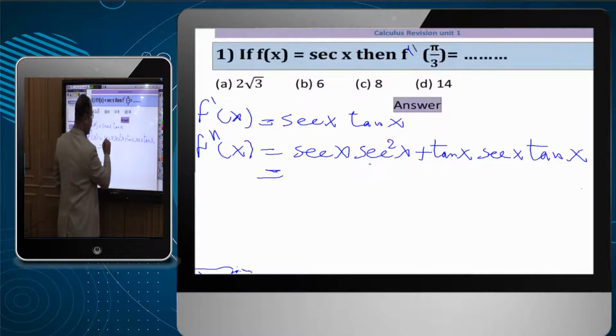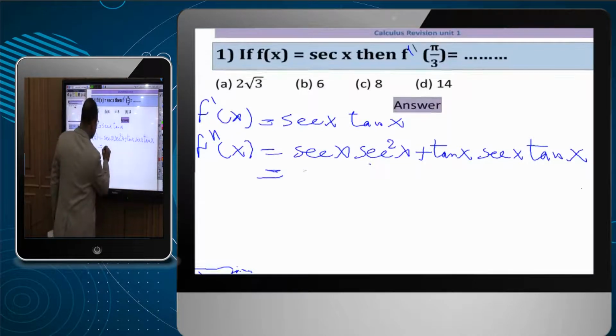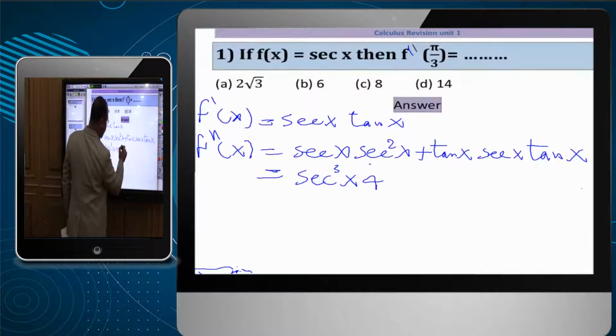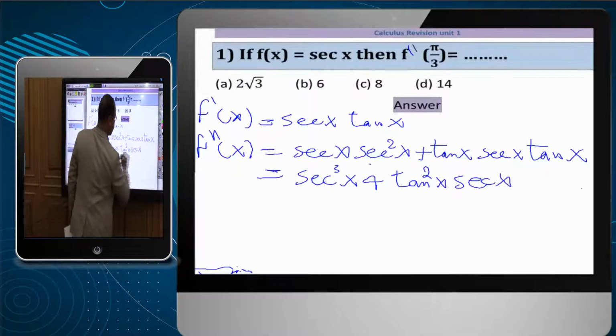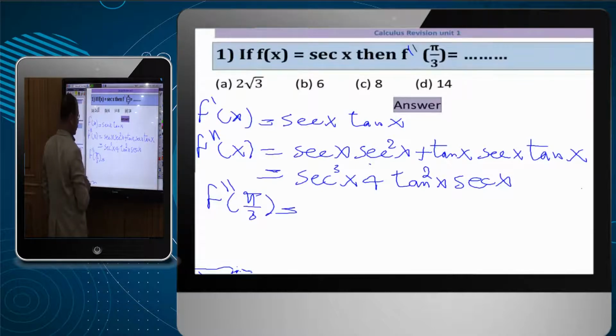We will simplify 6x, 6 squared x, 6 cubed x plus 10 squared 6x. By substituting or finding the f double dash of pi over 3 equals,